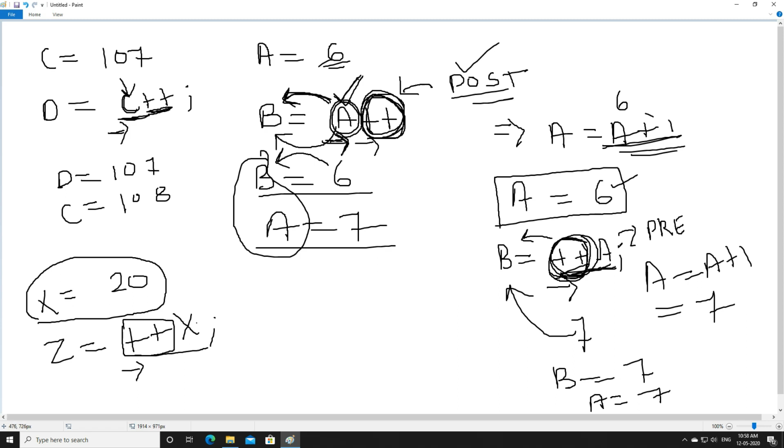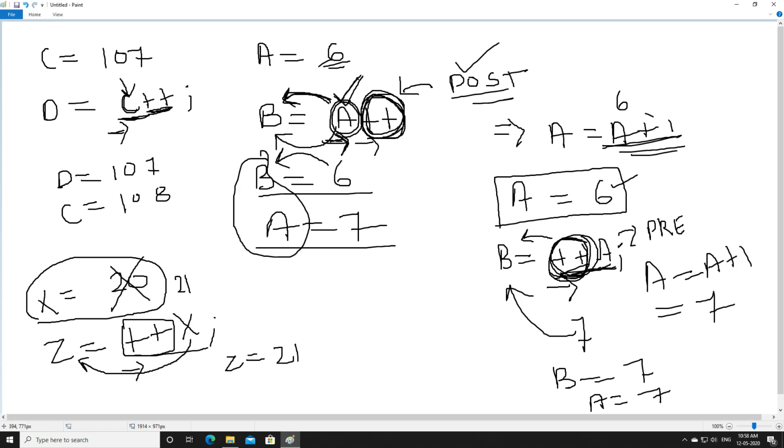When we increase the value of x from 20, x will become 21, right? That value will get stored to z. Now z will also become 21.